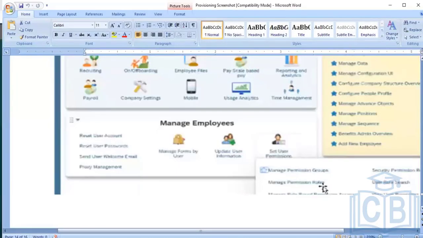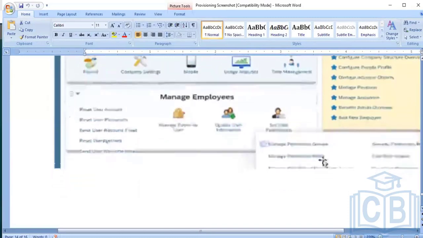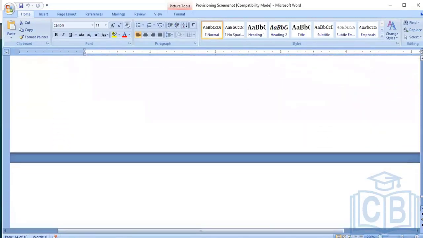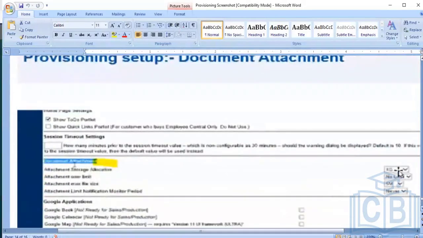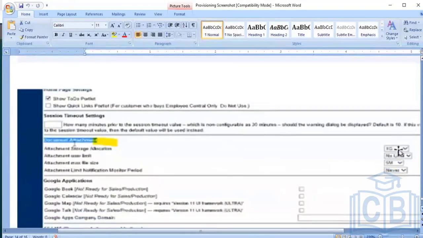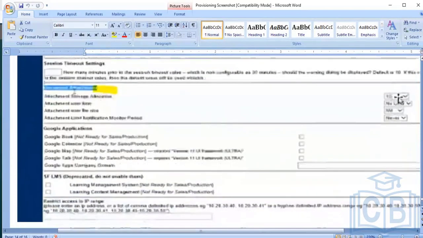Got it? Now again scrolling down, another part is document attachment, which I told you has to increase from 1 GB to 5 GB. This is one activity, and the other part is whatever module you want to have, you have to enable that module. So altogether these are the 6 activities which we need,